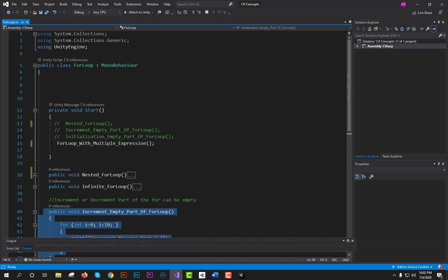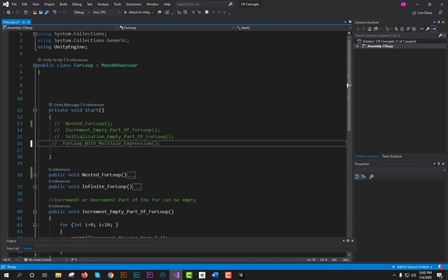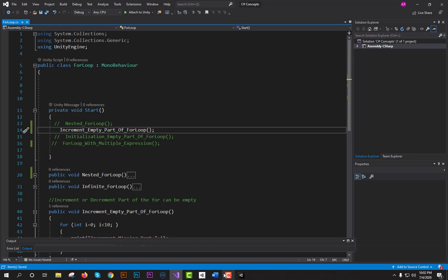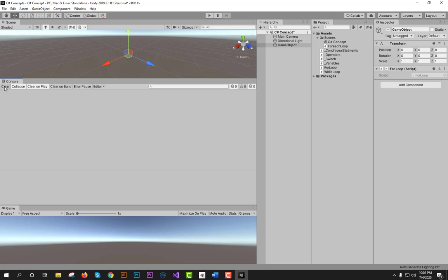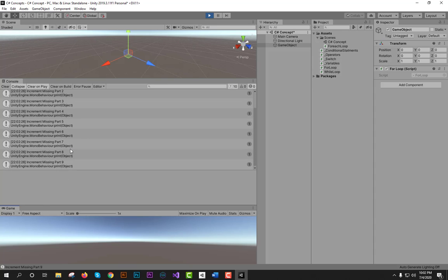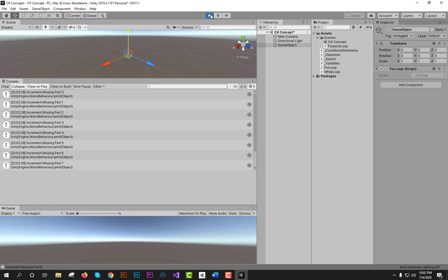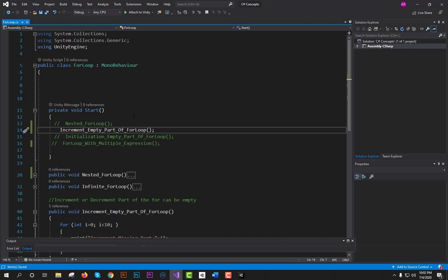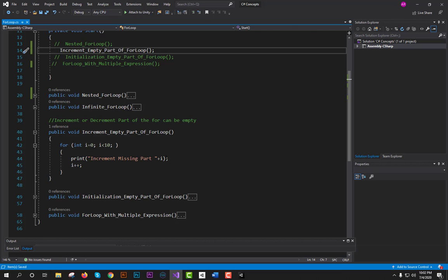You can see the result. Okay, you can see. It means we can specify the increment or decrement at the end of the body.